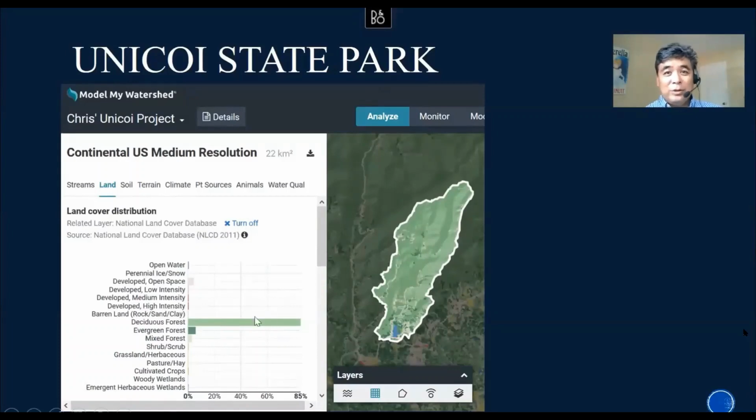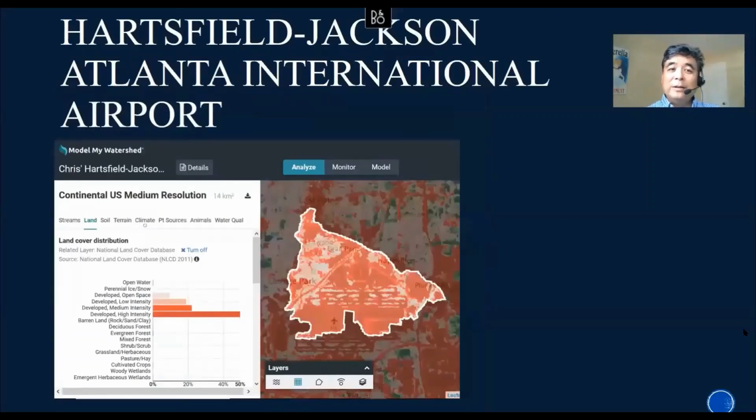And just to show you, sometimes it's really interesting to do a comparison, and especially if you're doing some kind of science project, it might be nice to compare to some place that maybe has a different kind of watershed. So to look for a different kind of watershed, you really don't have to go too far out of Atlanta. Hartsfield-Jackson, the airport, of course, provides a very different kind of watershed. So here it is in